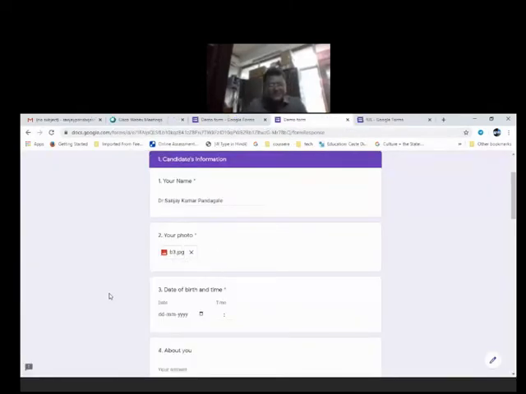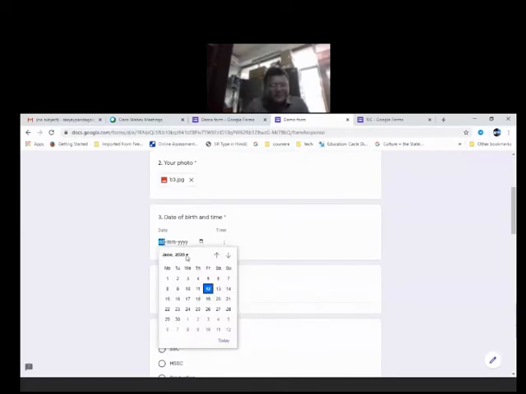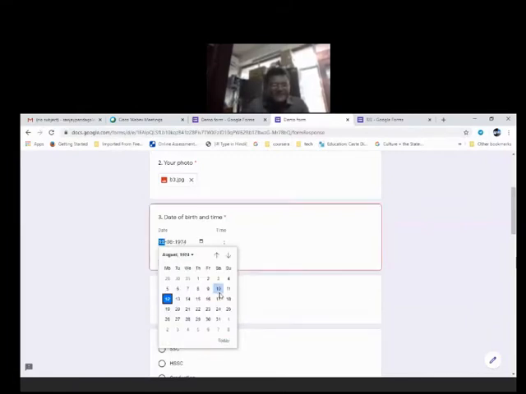Now third one, date of birth and time. Click on this calendar, go to the particular year. So 1974, month is August, and date is 18th.